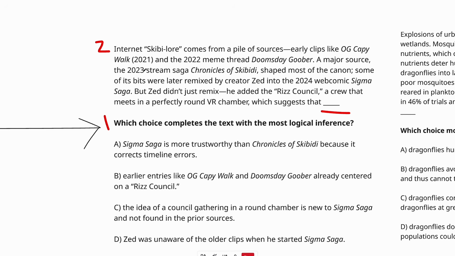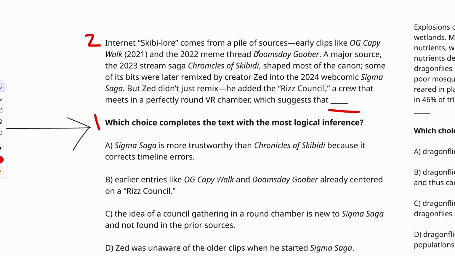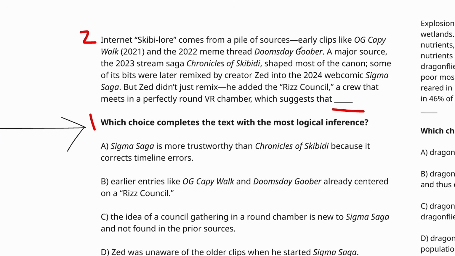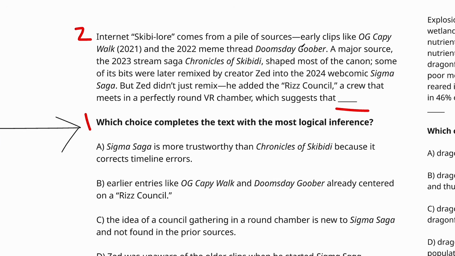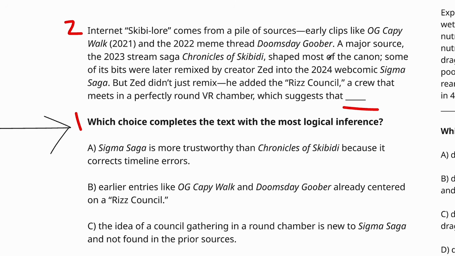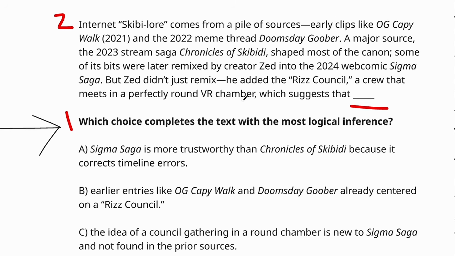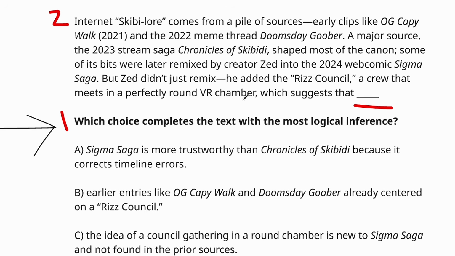Internet skivvy lore comes from a pile of sources. Early clips like OG Cappy Walk and the 2022 meme Doomsday Goober. A major source from the 2023 Streamlogger Chronicles of Skivvy shaped most of the canon. Some of its bits were later remixed by the creator Zed into the 2024 webcomic Sigma Saga. But Zed didn't just remix, he added the Riz Council, a crew that meets in a perfectly round VR chamber,